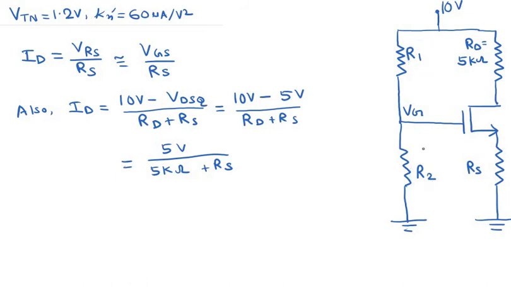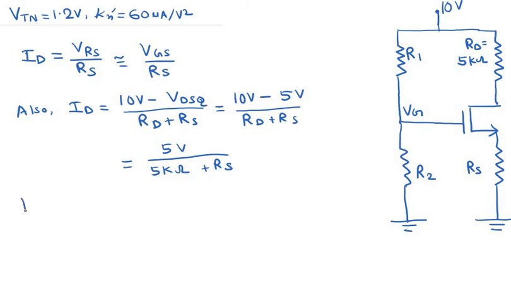Okay, since we do not know the values of R1 and R2, we do not know what VG is, so we are kind of stuck in a loop. There is no way to actually calculate the drain current. These two equations for calculating the drain current are also not very useful because we do not know the resistance RS. So to break the loop, we basically choose the value of